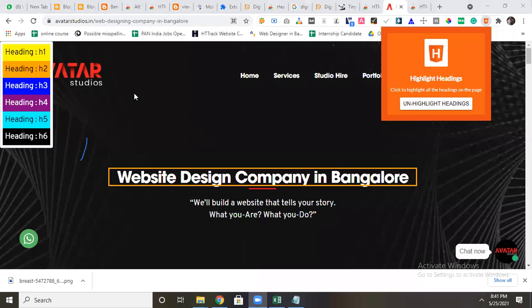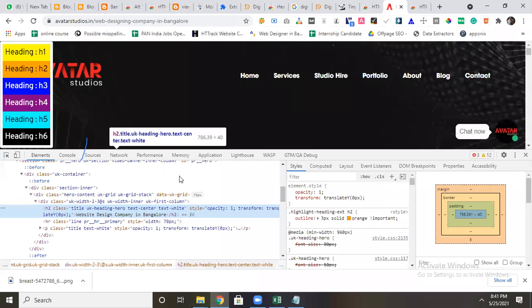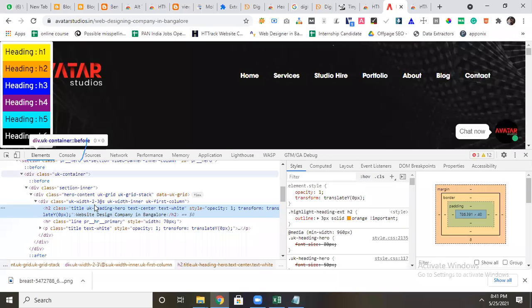It is an easier way. I'm not saying you have to use only that method. You can use this method or that method. Both are fine. There is no restriction if you do it manually also. Sometimes while inspecting, it is fine. If you just inspect also, you will get it. This is also fine. See, it is an H2.